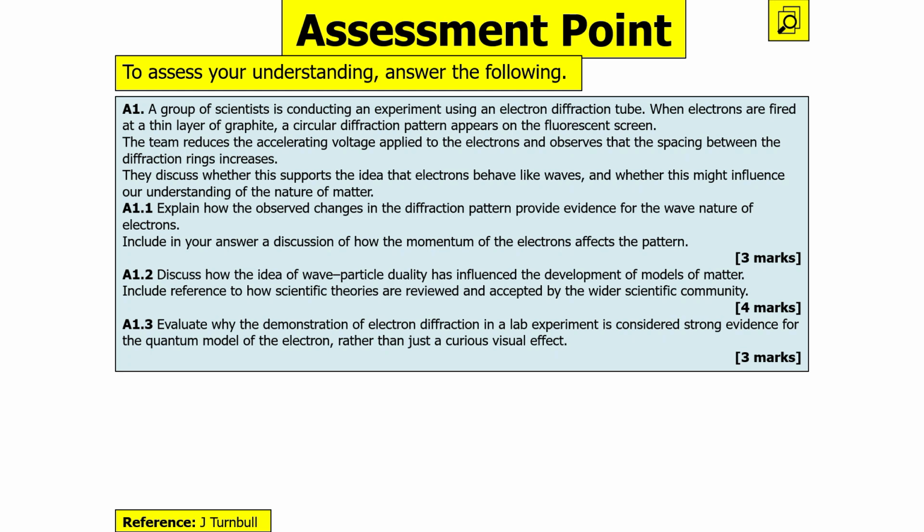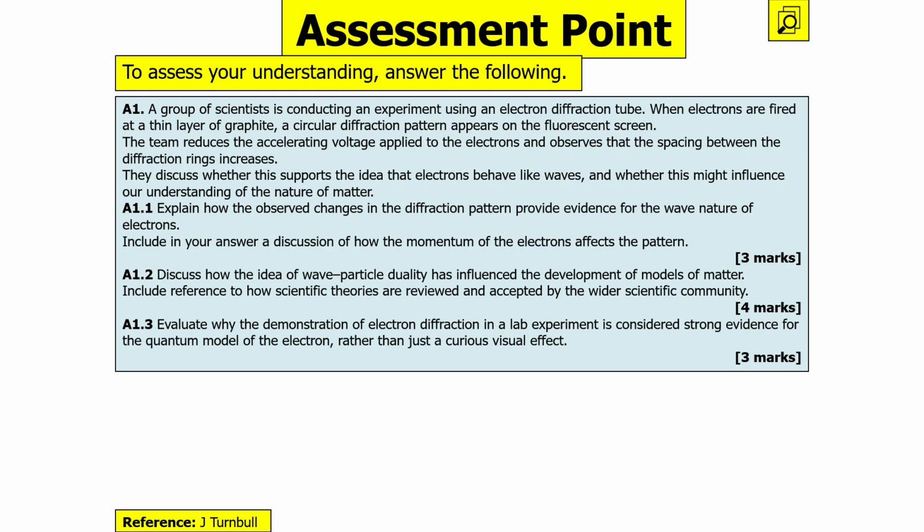A group of scientists is conducting an experiment using an electron diffraction tube. When electrons are fired at a thin layer of graphite, a circular diffraction pattern appears on the fluorescent screen. The team reduces the accelerating voltage applied to the electrons and observes that the spacing between the diffraction rings increases. They discuss whether this supports the idea that electrons behave like waves and whether this might influence our understanding of